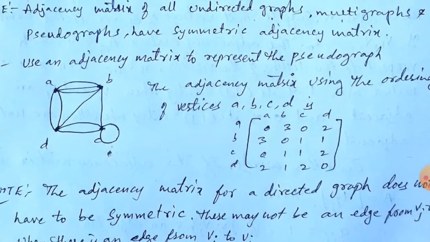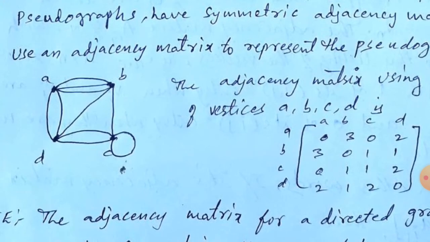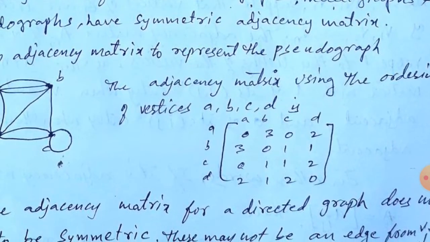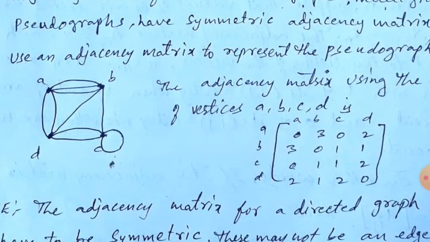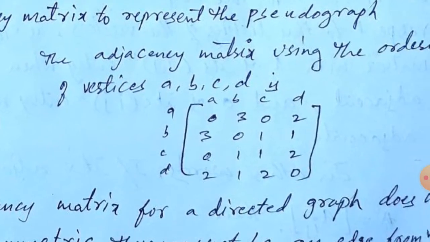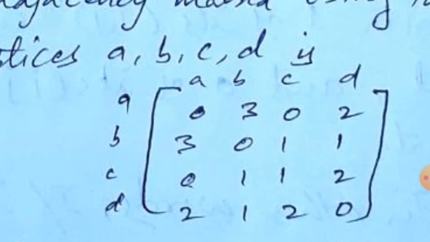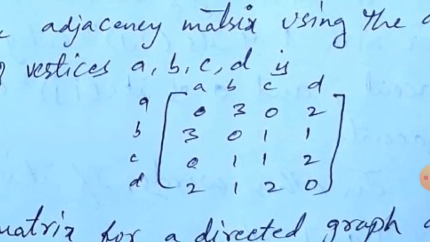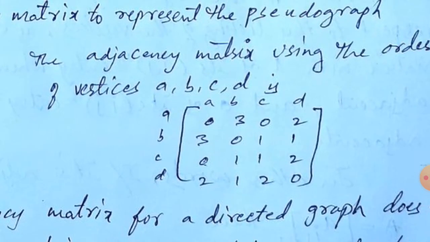Now in an undirected graph, observe another one. So find the adjacency matrix for this one, with the ordering A, B, C, D only. Now A to B, multiple edges are there here. Observe A to B, three edges are there in between A and B. So that's why in between A B, observe the first row, second column, 3. Similarly, second row, first column will be 3. Because in between A B there are 3 edges.